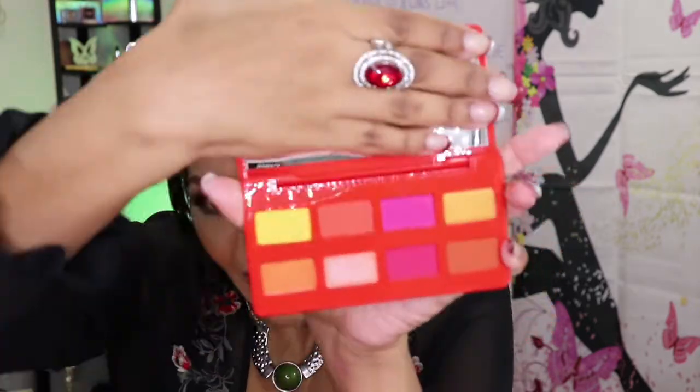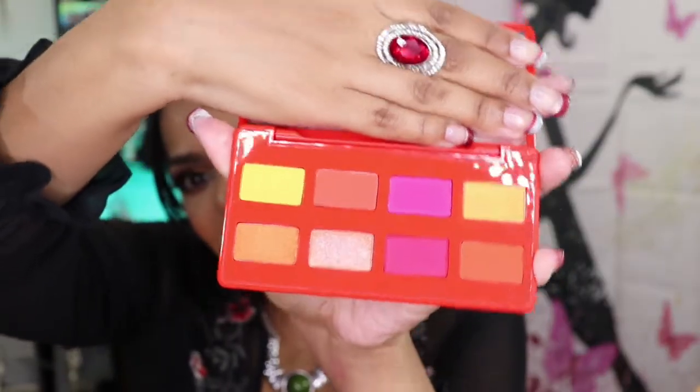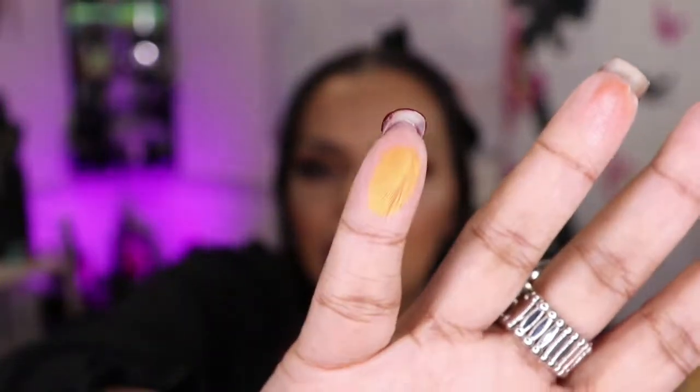But then when you actually open it, it just does not follow along with the season. Like, look at that. Yes, they are gorgeous colors. Yes, I absolutely love them. They're beautiful, they're gorgeous. This gold right here, that's on my pinky, that's what's on my eyes today, and it's